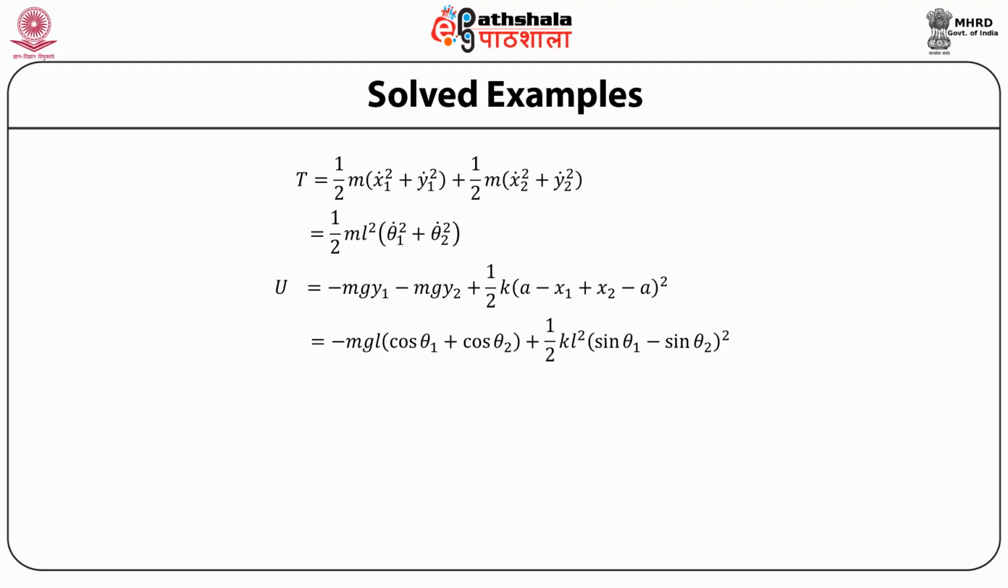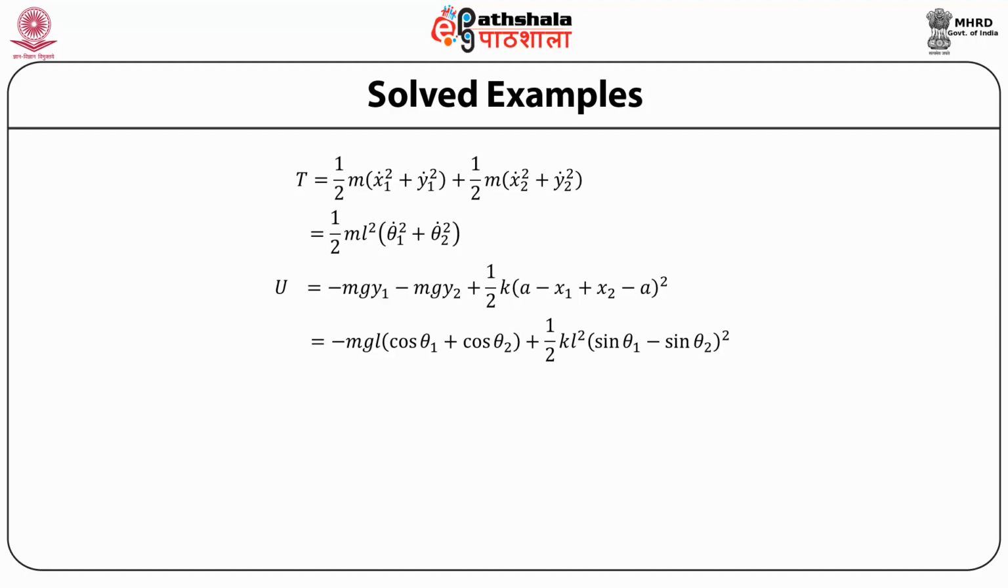In terms of the angles theta 1 and theta 2, we can write down the kinetic energy T as half m l square times theta 1 dot square plus theta 2 dot square. The potential energy can be easily seen to be minus mg y1 minus mg y2, which is the gravitational potential energy, and the potential energy due to the spring is half k a minus x1 plus x2 minus a whole square,